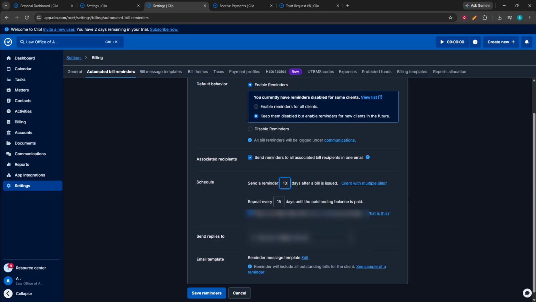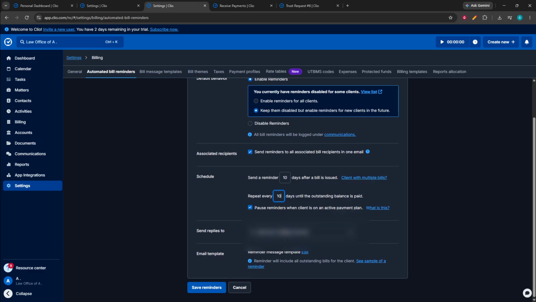After the first reminder is set, configure any additional reminder schedules you want to use for bills that are still unpaid. You can add follow-up timing based on your preferred interval. Review each schedule carefully so the reminders are spaced the way you intend. The common detail to watch here is the order of the reminders, since the timing should progress in a clear